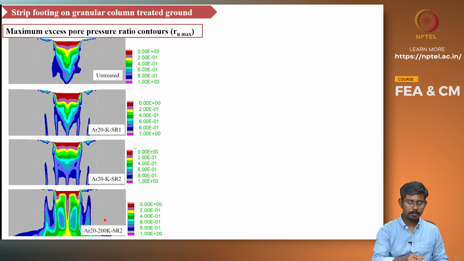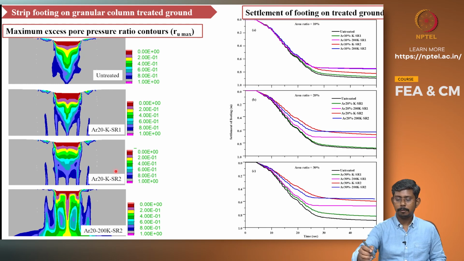But when it comes to the drainage, when the drainage through the granular columns is allowed, it is obvious from the excess pore pressure plot that it is indeed related to the pore pressure ratio and the drainage. So this manifests the effect of the shear reinforcement and the drainage on the pore pressure responses of the subsoil. For the settlement of footing,